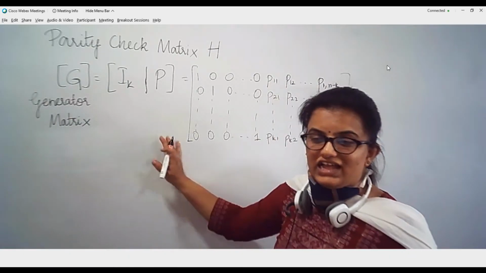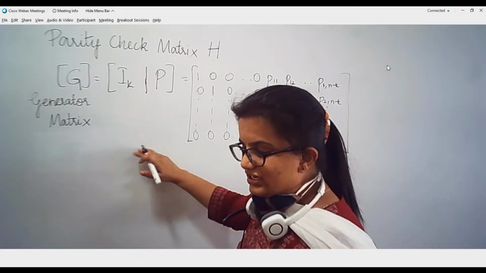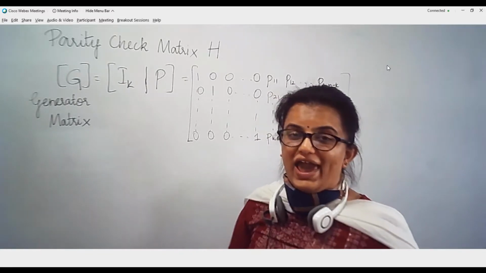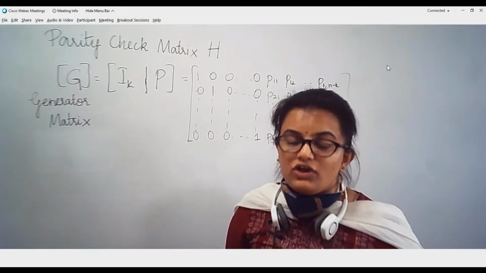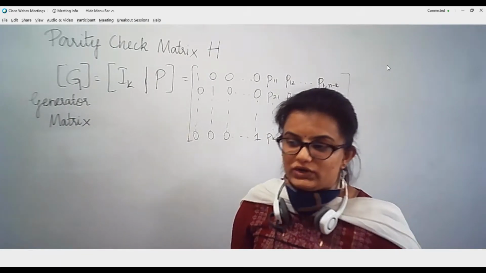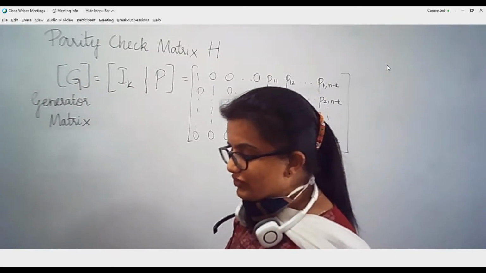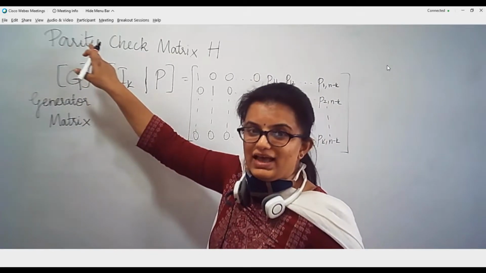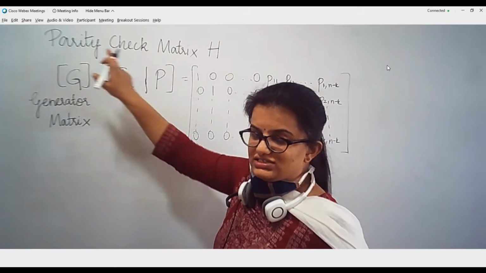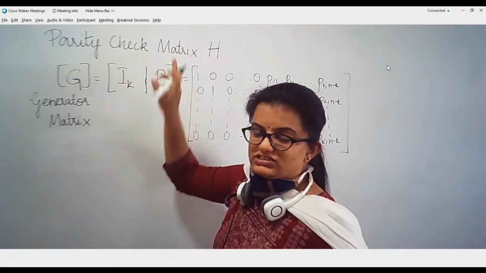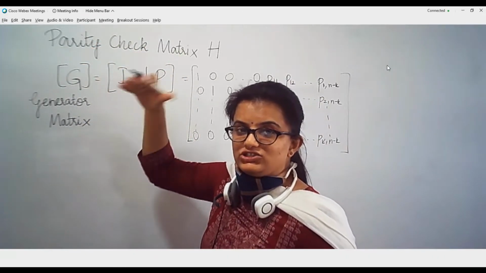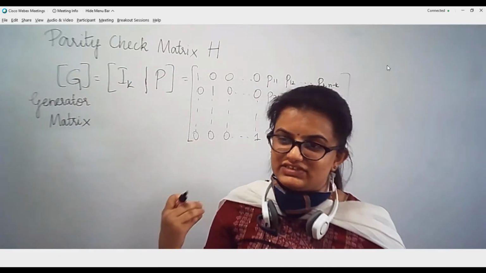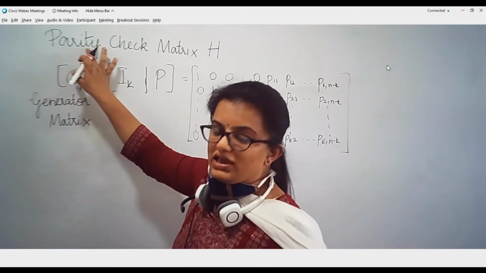We have the derived form of the same generator matrix, which will be used on the receiver side in order to extract the message information from the code word. And that is done by making use of another form which is called the parity check matrix. So you can see the name is parity check matrix. It is not parity matrix, it is the parity check matrix. That means we are trying to check the parity bits on the receiver section. So that's the reason why it is named as parity check matrix.